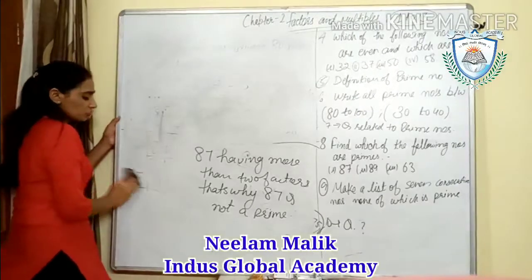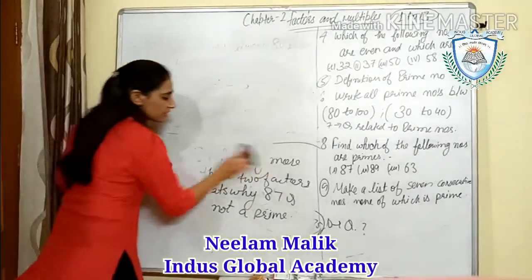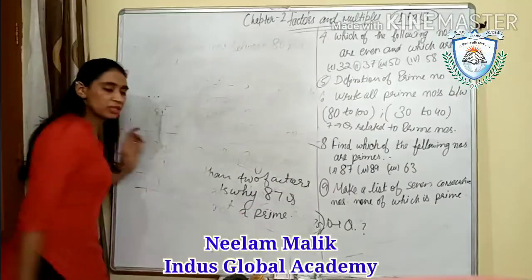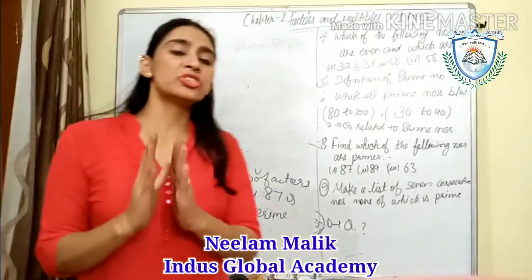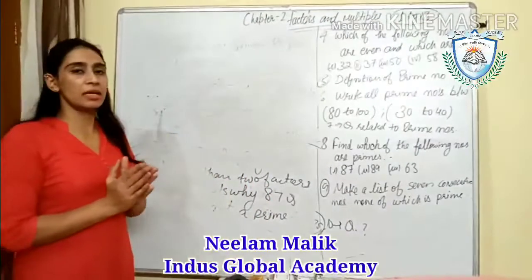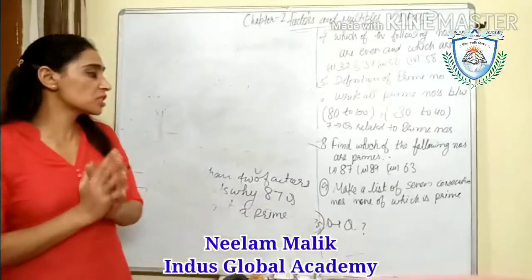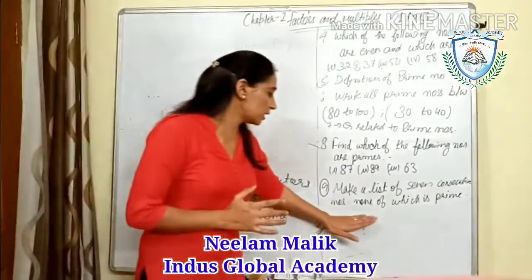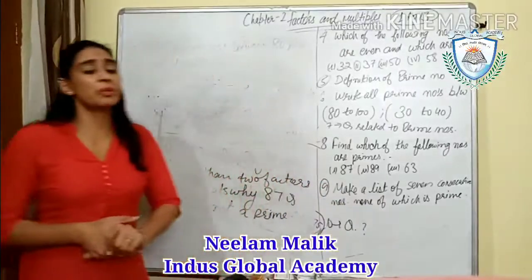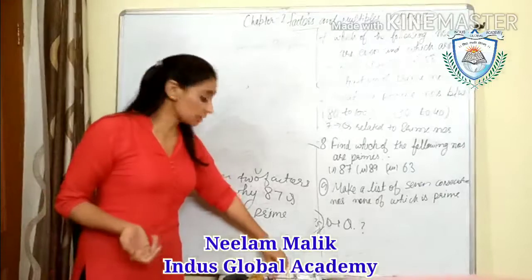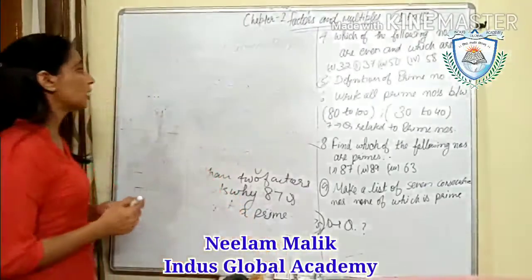In your book there is one table given, as an example after all the definitions. You have to check in that table, because they are also saying in the book you have to check that table. Means you have to make a list of 7 consecutive numbers, none of which is prime. I'm just taking the example, but the answer you will write by your own.